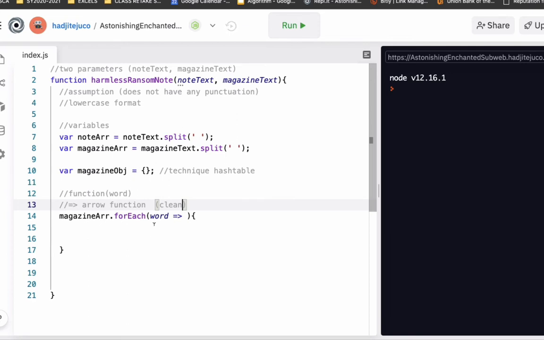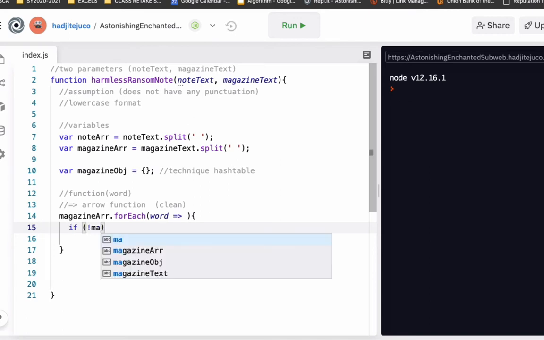Okay, so let's go back here. So magazine array, and then forEach word. Now what we're going to do here is look into the context of the word, and then if it matches, we're going to count it. So if not magazine object word,